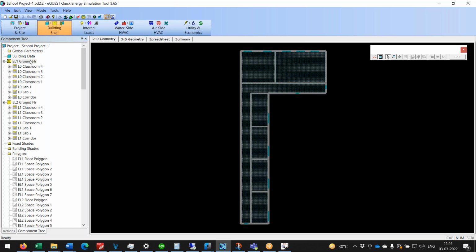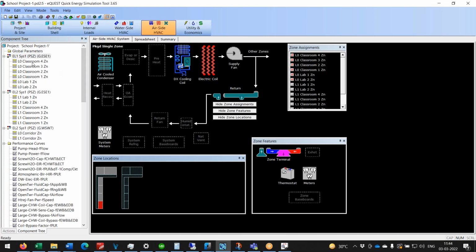What this means is there are 5 floors of this and 1 floor of this, the top floor, right? So 6 floors overall. So let's assume there are 6 floors. For each floor, we'll have one AHU, and